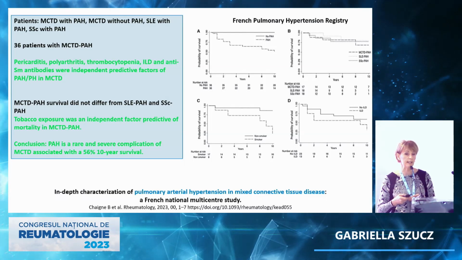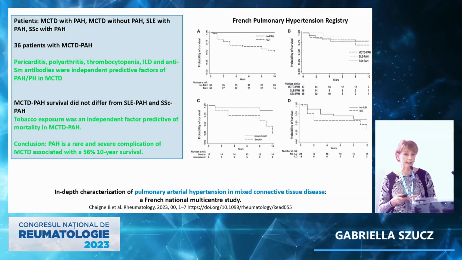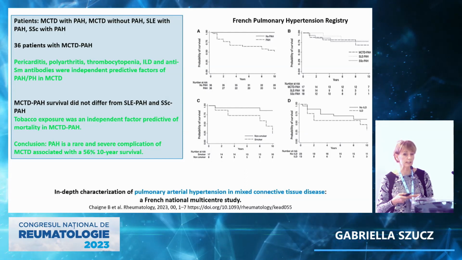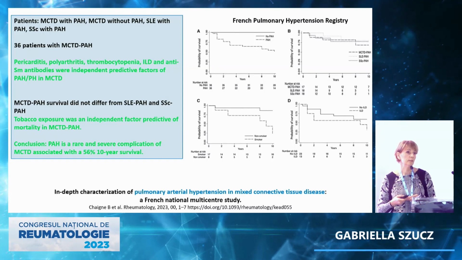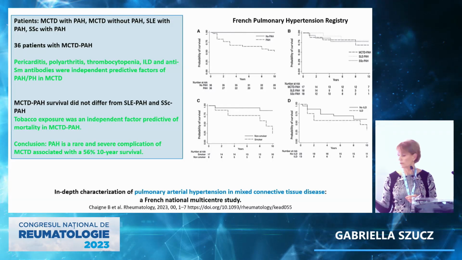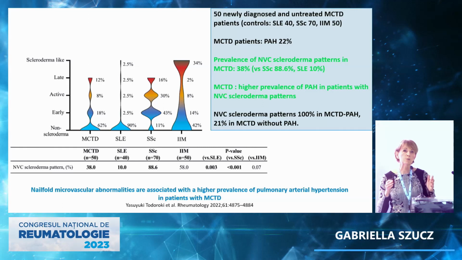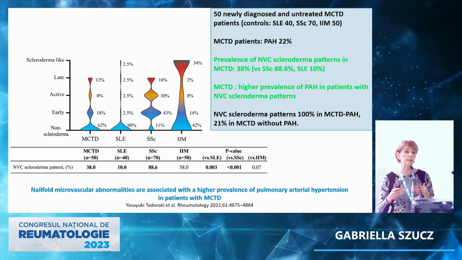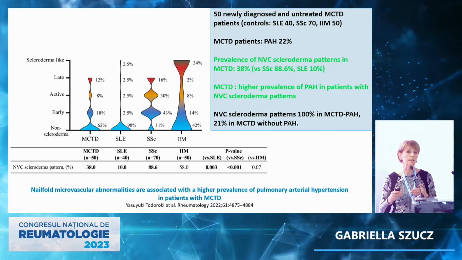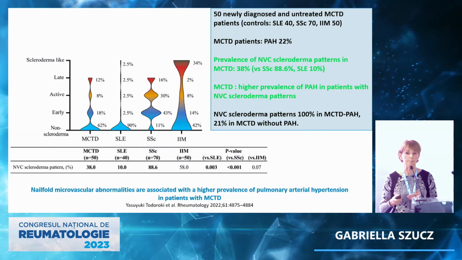In conclusion, this study showed that PAH is a rare and severe complication of MCTD, associated with 56% 10-year survival. There is a special answer after immunosuppressive therapy, according to the nailfold capillaroscopic pattern in MCTD patients,